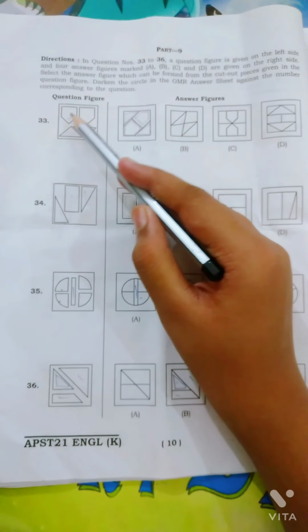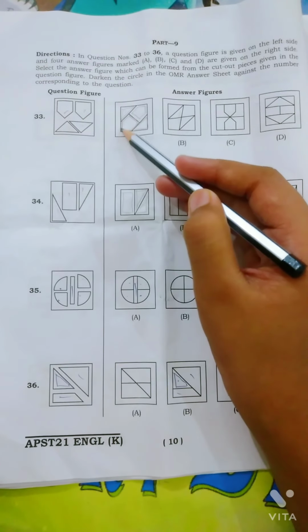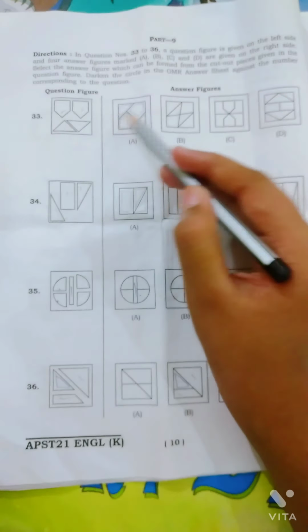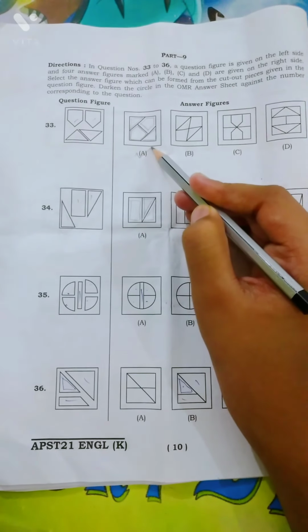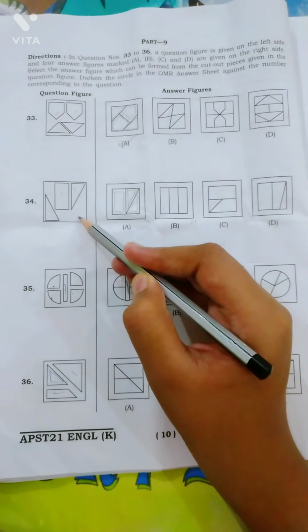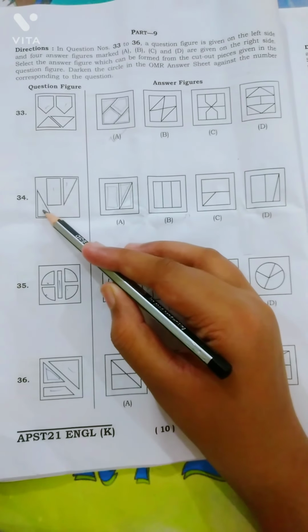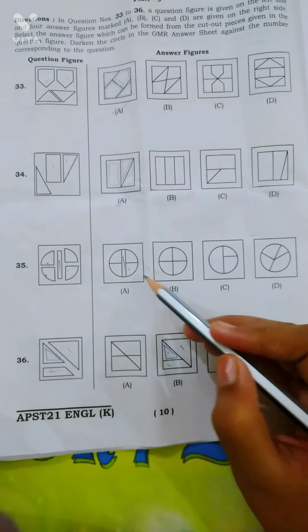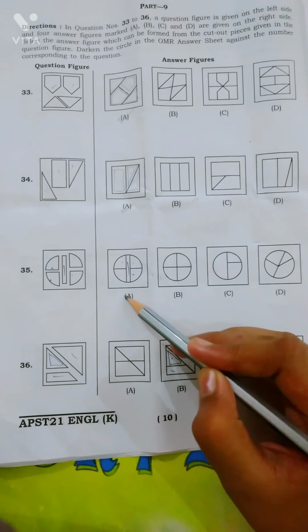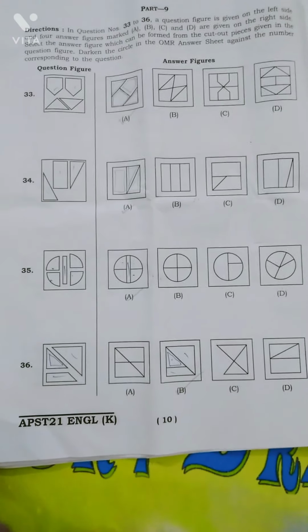So here you can see there is pentagon. So here it is, you can see two pentagons are also there, and these 2 triangles are also there. So A would be the answer. Here in 34 one triangle is given, and here also triangle is given, this one, and square is given. So here also A1, and here also A would be the answer, and in this B would be the answer.